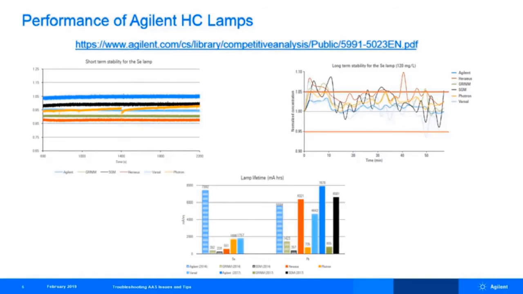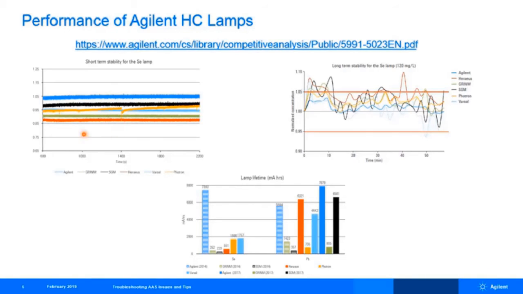On this slide, we wanted to give you an overview of the performance that Agilent hollow cathode lamps can provide. This is based on a competitive analysis that we've completed and is available from the Agilent website. Lamps that require excessive stabilization times, or lamps that never reach equilibrium, can create problems for the analyst. Once analysis begins, drift in lamp intensity can change the analytical signal, introducing significant errors. And this is especially critical at trace levels, where the drift could even be more than the sample absorbance.